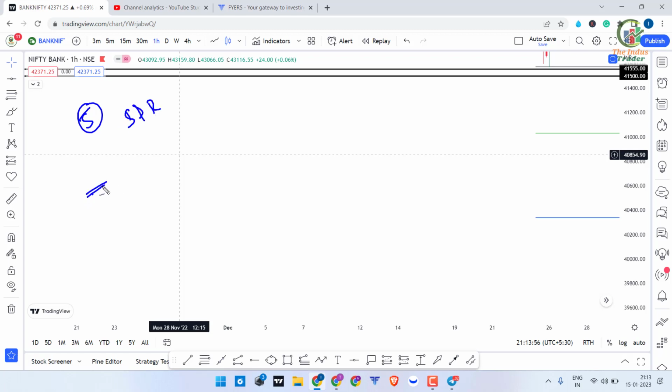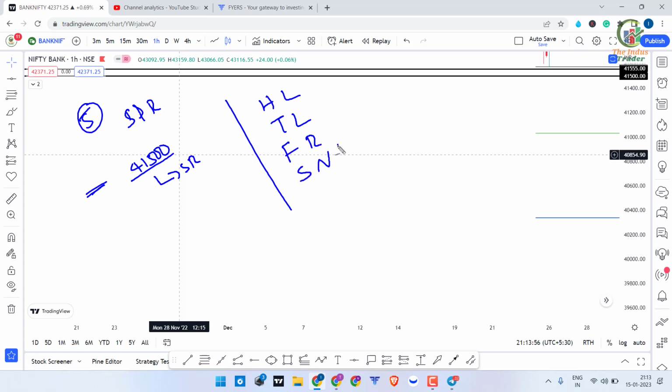Let's say one label is suggesting, let's say 41,500 in this case, is suggesting as important support and resistance by 5. What are the 5 we have seen? By horizontal lines, trend lines, Fibonacci retracement, psychological number or round number, and indicator. These are the ways we can draw